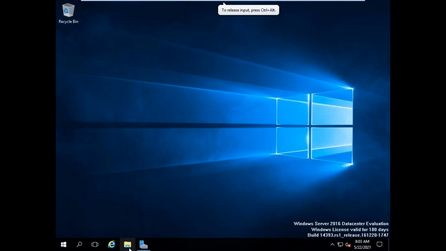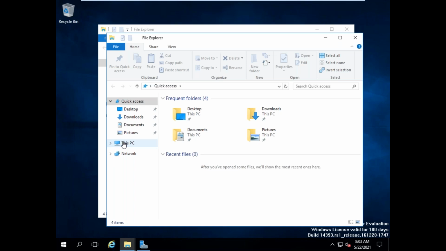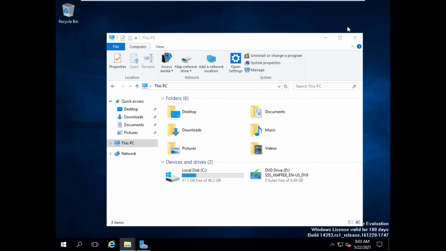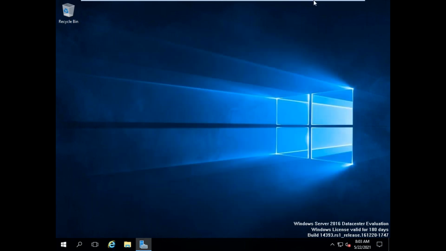And if you go to your computer, guys, you will see the same options here. See this feature: this computer, desktop, downloads, pictures, music, documents. There is a C drive here. Whatever we have done, everything is the same here. Whatever we see in Windows 10, everything is the same here. So our Windows Server OS is successfully installed.